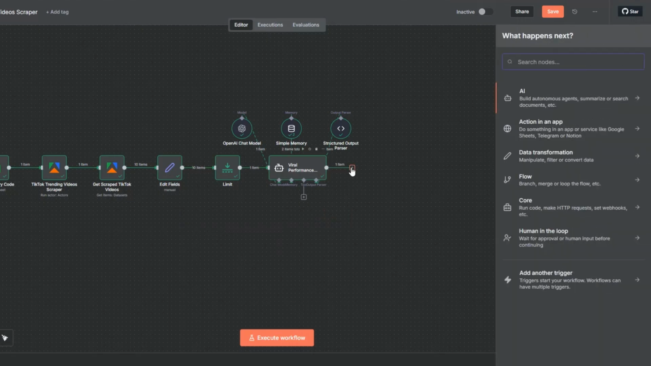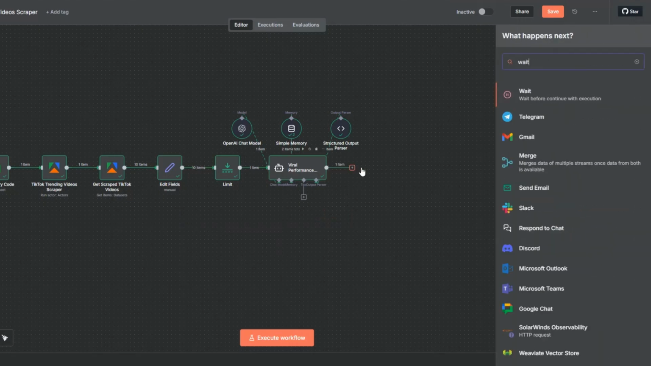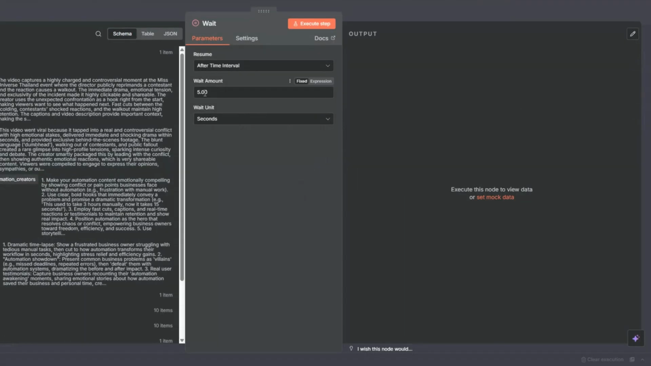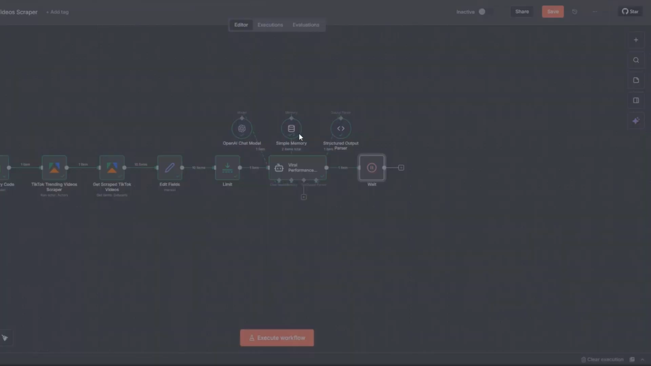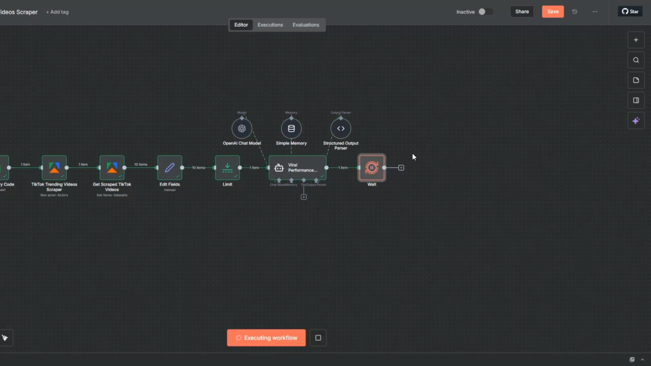Then the next thing that we're going to do here is we're going to wait a few seconds. Click on the wait node right here. You can wait, let's say 3 seconds, and then I'll execute this node over here. You can see that our node was executed successfully. So now the next thing that we're going to do here is we can add our trending video that we just scraped and its analysis to a spreadsheet. So to do that,